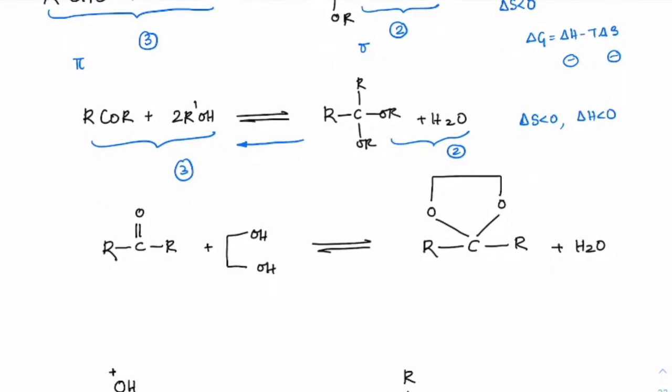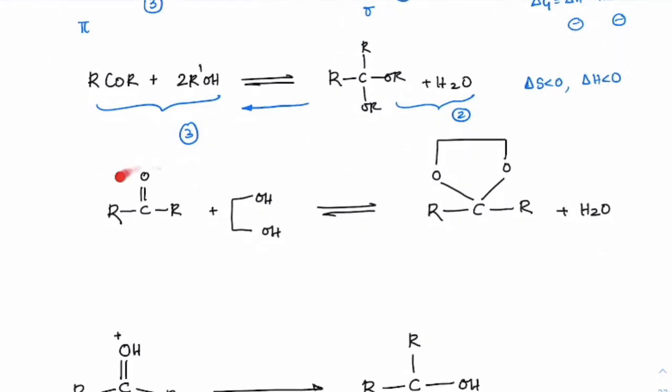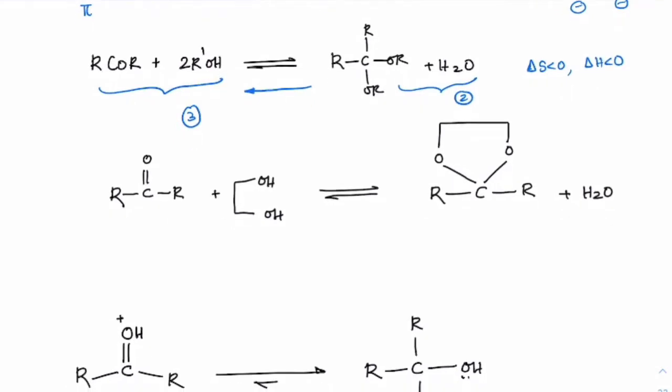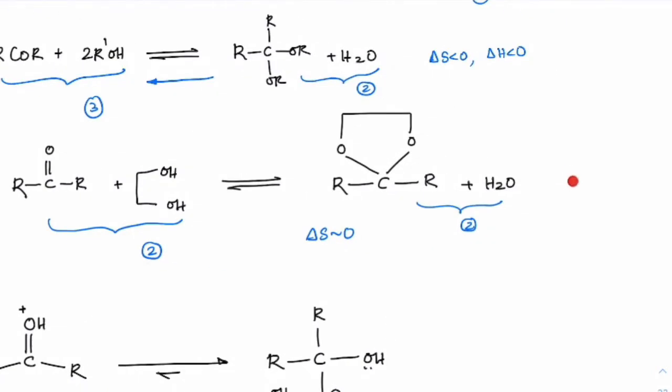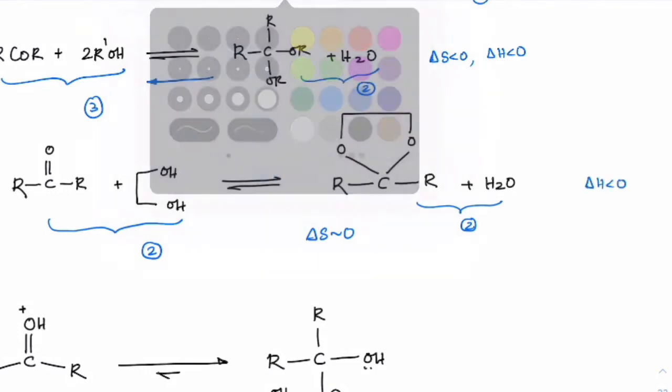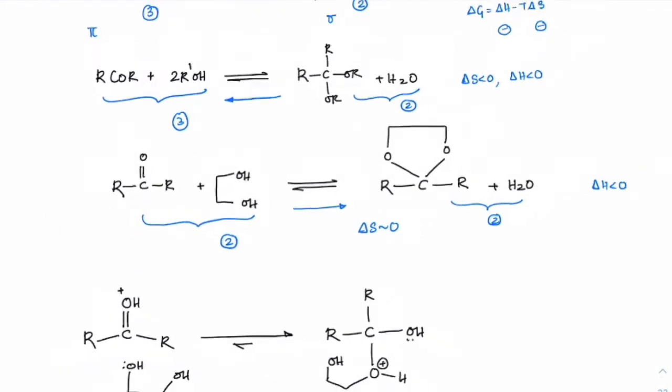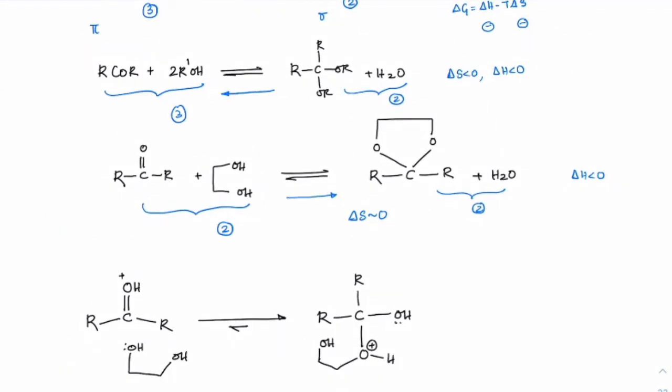Got it? Now suppose the same ketone, if you were using glycol, so instead of taking these two molecules, now we are taking only one molecule, right? So now the number of molecules is 2, and the product formed is 2. So delta S is almost 0, which means it only depends upon the enthalpy factor, and enthalpy is anyway negative because you are making sigma bonds. So the reaction can be driven in the forward direction. So that's why you can start getting the yield of cyclic acetals. I hope that point is clear.